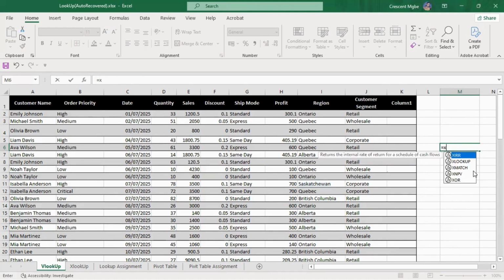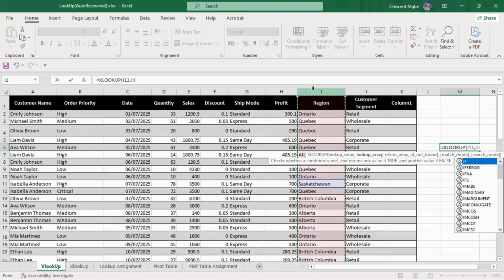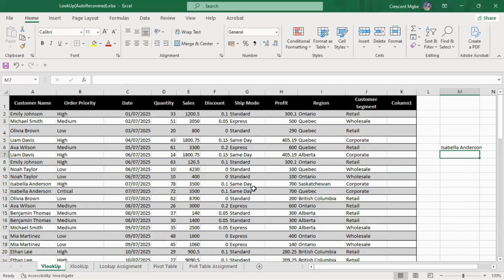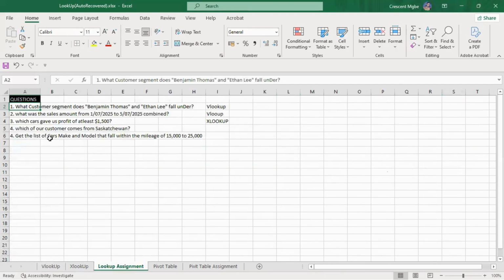So the lookup value is just one. The lookup array is this one. The return array is the customer name. Then just don't worry about the column. So Isabella Anderson. And then finally, get the list of car